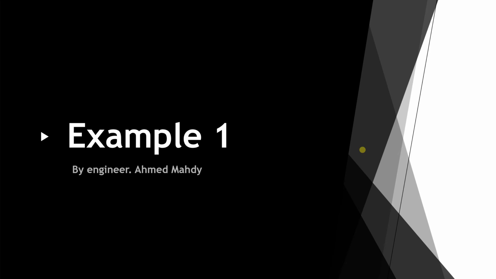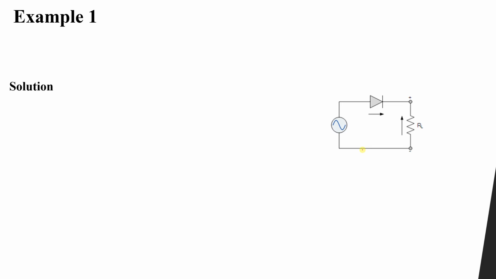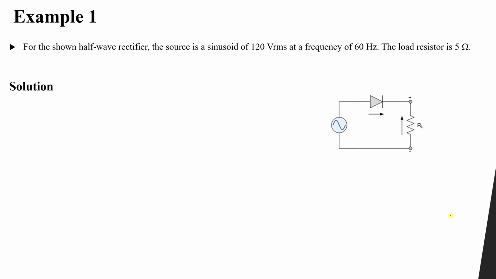Let's start with the first example, number 1 on rectifiers, or to be more specific, on the half wave rectifier. This is a very straightforward and simple example regarding rectifiers. If you look at this circuit, which is shown in the figure,